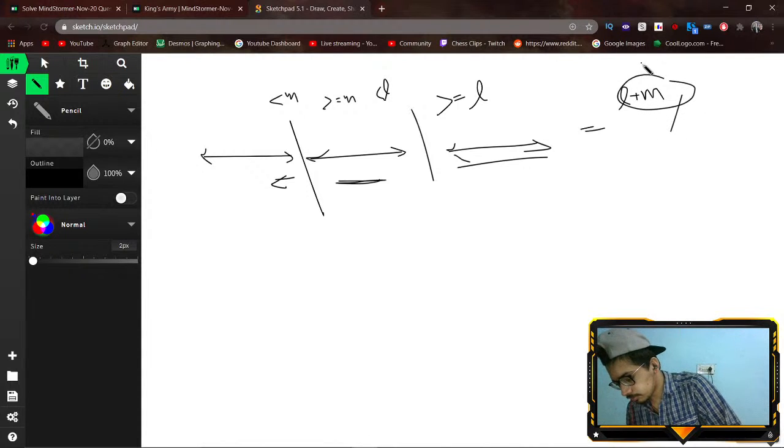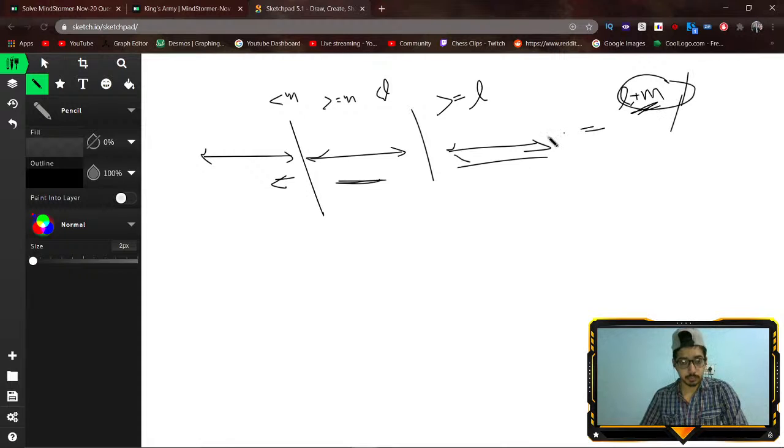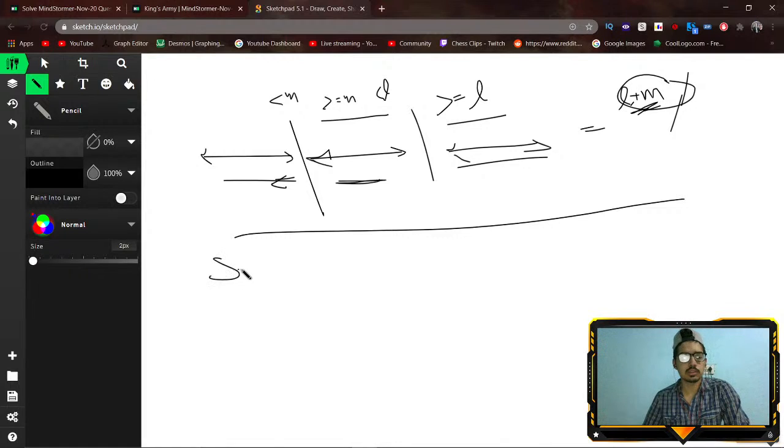You need to find the maximum sum of such L plus M. All of these here should be less than m, here greater than or equal to m, less than l, and here greater than or equal to l. So the very first observation that we can take is that the array needs to be sorted first. So we firstly sort the array,